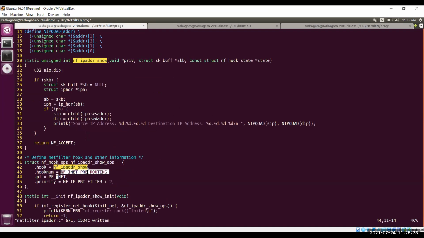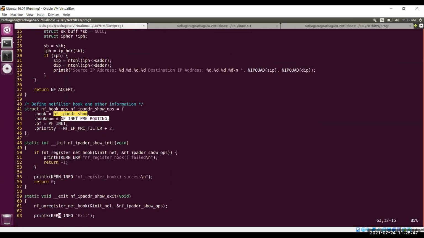And there may be one doubt, whether we can have only one single callback routine from a kernel module or multiple. Yes, you can have multiple callback routines, no problem. You need to have a different data structure for this, a different instance of this nf_hook_ops, and you need to call that particular hook again by calling this function again.